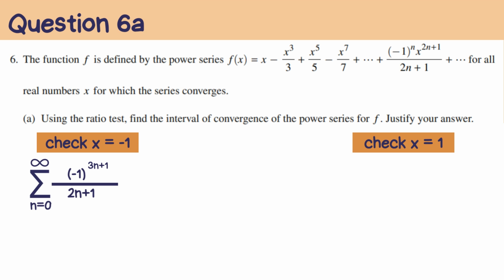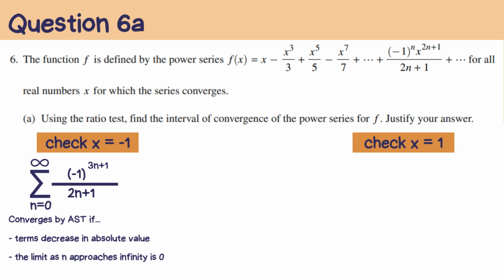This test will determine if a series converges if and only if the terms decrease in absolute value and the limit as n approaches infinity is 0. And it needs to be both of these. So I'm going to plug in values for n, like 0, 1, 2, etc., and see if the terms decrease in absolute value. So plugging in 0, it'll be a 1 over 1, or a negative 1 over 1, or